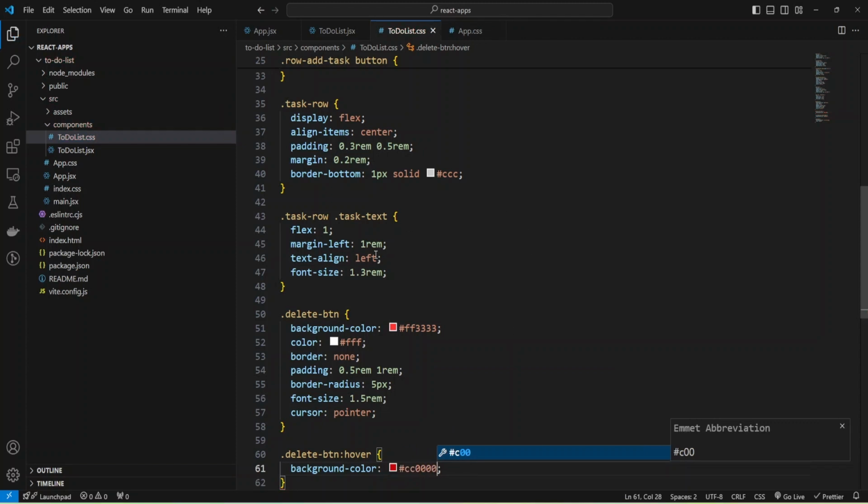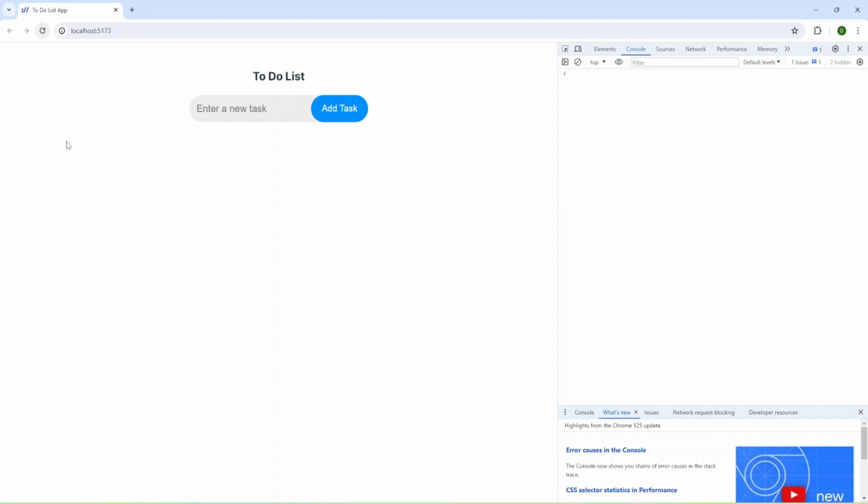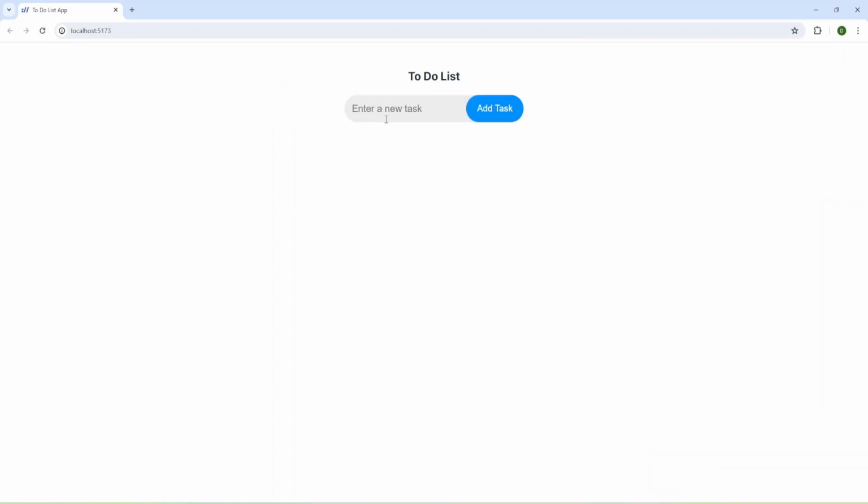And let's check the whole functionality. I'm going to refresh it, close console, and add several tasks. As you can see, styles were changed. We have this border bottom, and also styles for our delete button, and hovering over the button is changing the color. And I'm going to press delete, and the items were deleted, and I can add more items. Okay, everything is working as expected, and that's all that I have.